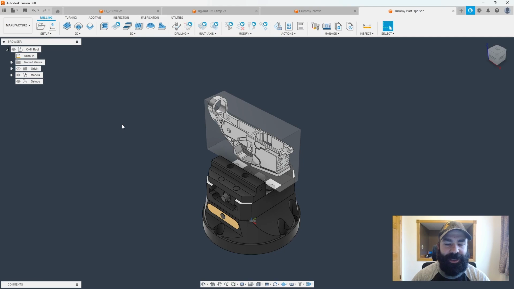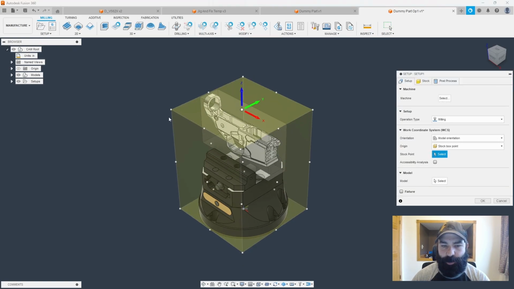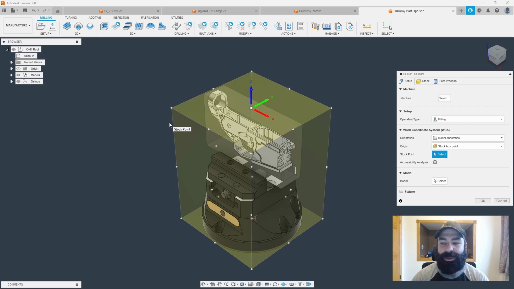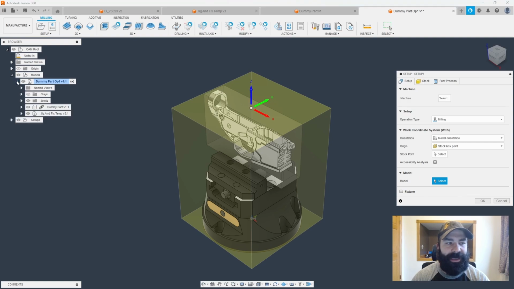And in our manufacture area, again, for those of you who probably have done this a couple of times, we need to create our setup. So here's the important thing in your setup now: we're going to go ahead and utilize anything and everything that we've built in this model to our advantage. So the first thing we want to do is select our model for machining. And again, you could do that by selecting the model here, but if you notice my stock box is in the way. So I'm going to expand this out just a little bit, and I'm going to grab my dummy